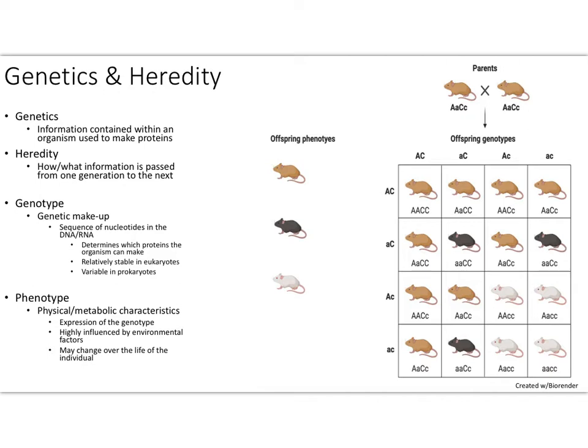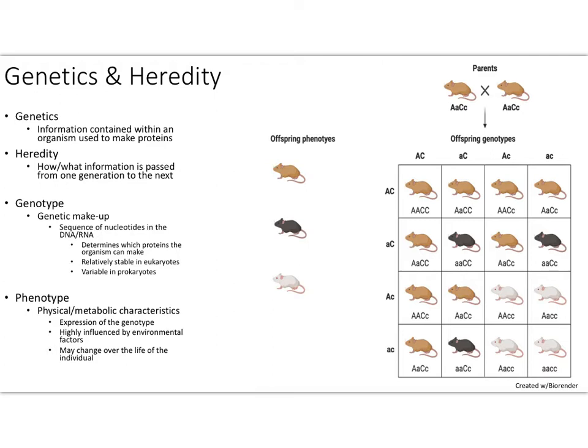However, in prokaryotes, the genotype can be quite variable, actually, because if you think back to Unit 1, we talked about plasmids and how some prokaryotes, and sometimes many prokaryotes, will acquire plasmids throughout their lifetime. So the genotype in prokaryotes can change fairly distinctly or fairly significantly throughout the prokaryote's lifetime, in part due to plasmids and in part due to other events that we call genetic recombination events. We will talk about genetic recombination events in another lecture,